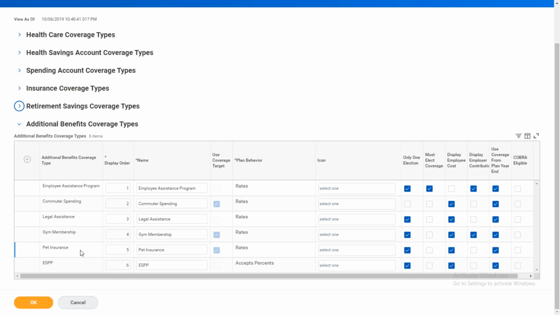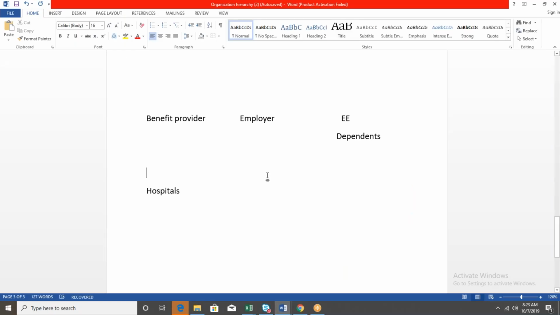Okay, so whenever you're creating a benefit plan in Workday, let me help you. We have benefit plan components. If you know what the components are in order to create a benefit plan, it's very easy to create benefit plans.